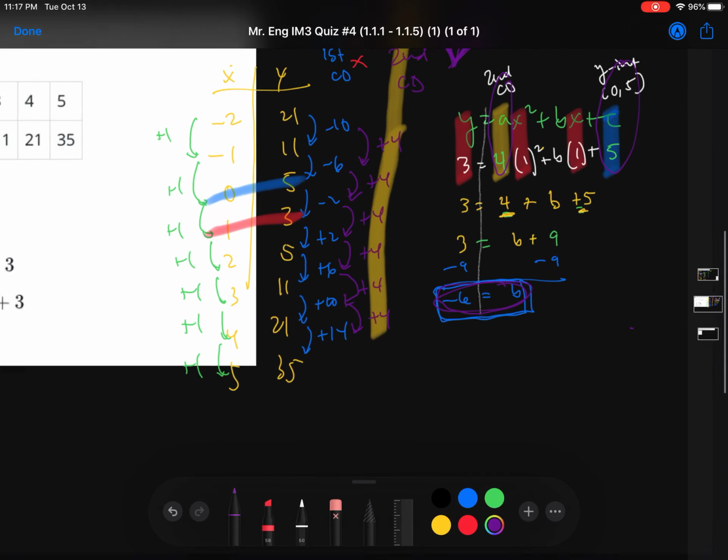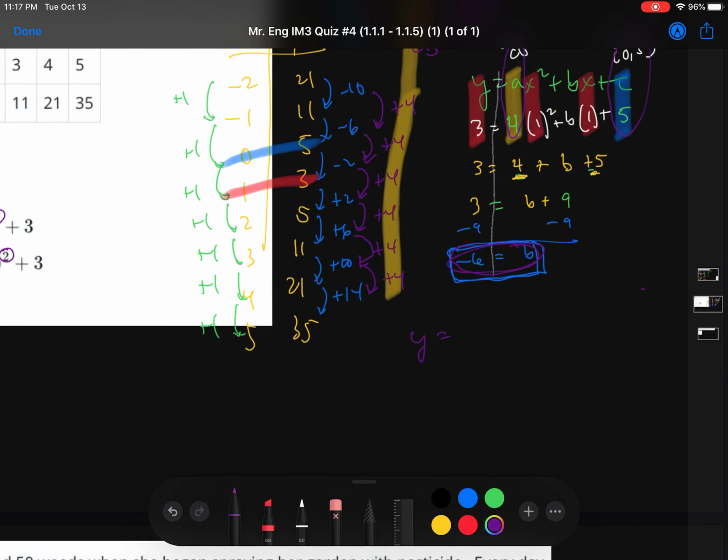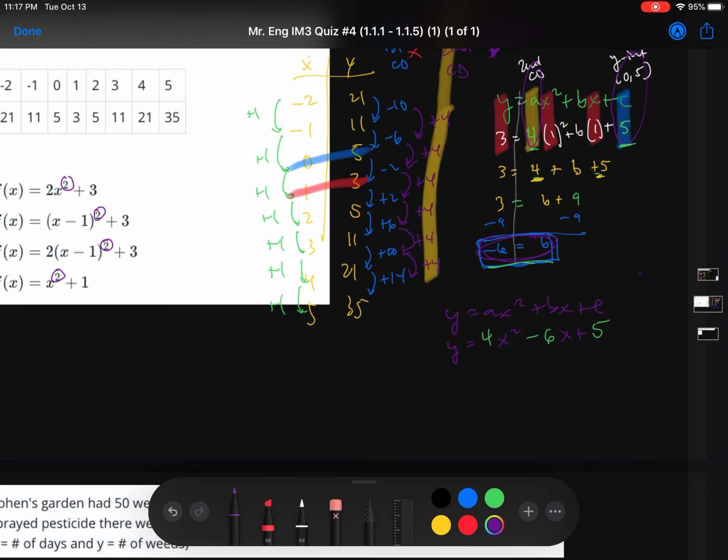So my new equation, let's just put it all together now. C value is 5, a value is 4, b value is negative 6. Okay, let us hope that 4x squared minus,